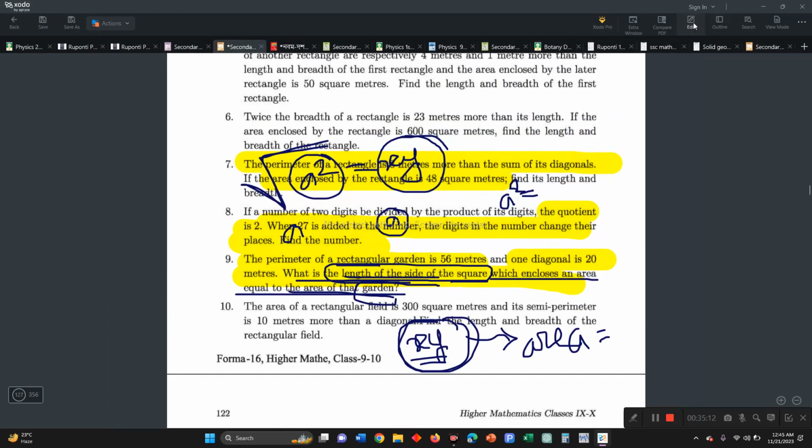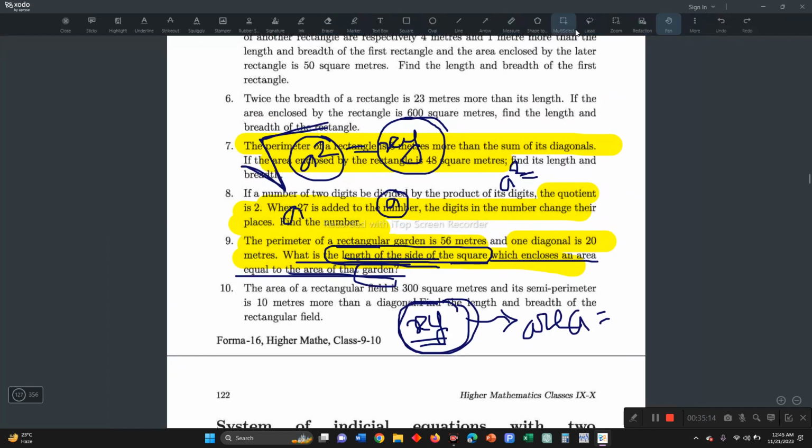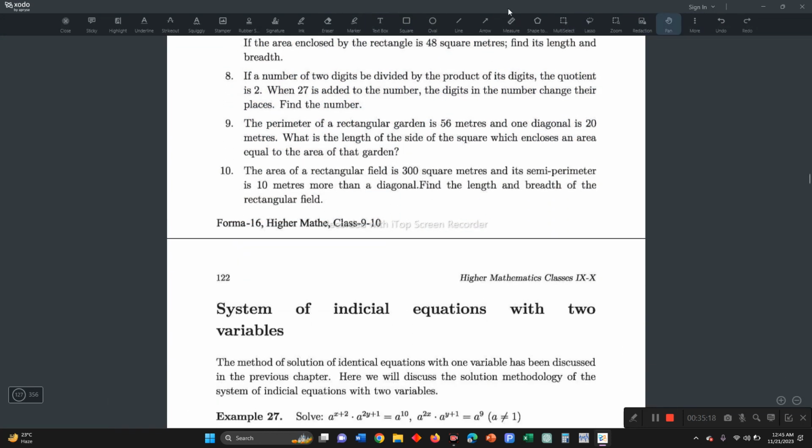Now, the area of a rectangular field is 300 square meter and its semi-perimeter is 10 meter more than a diagonal. Find the length and breadth of the rectangular field. Okay. According to the question, if we take the length and breadth equal to x and y,